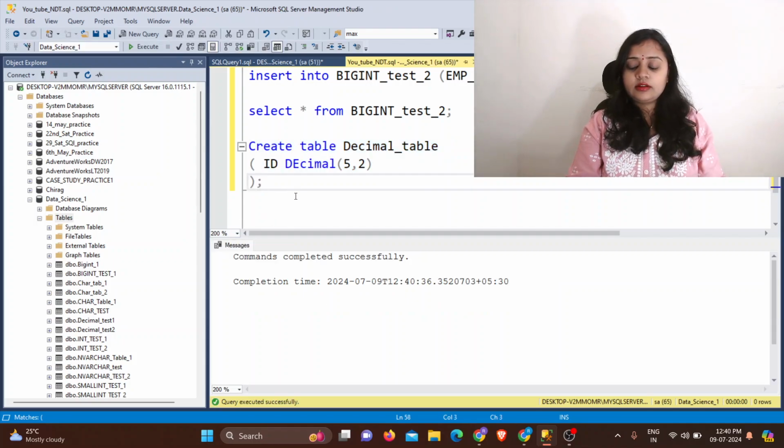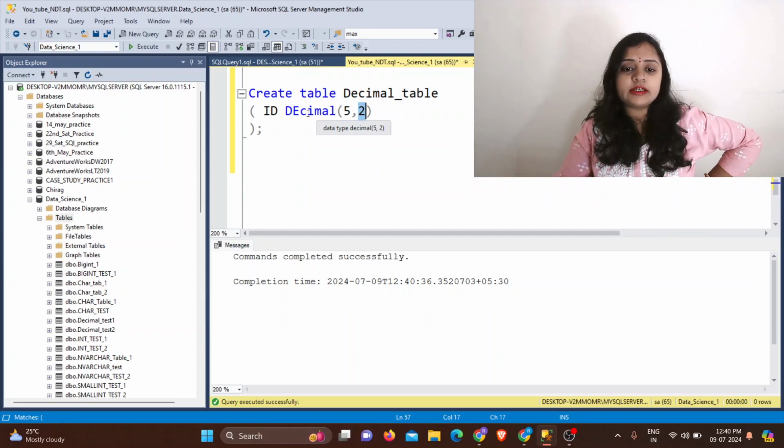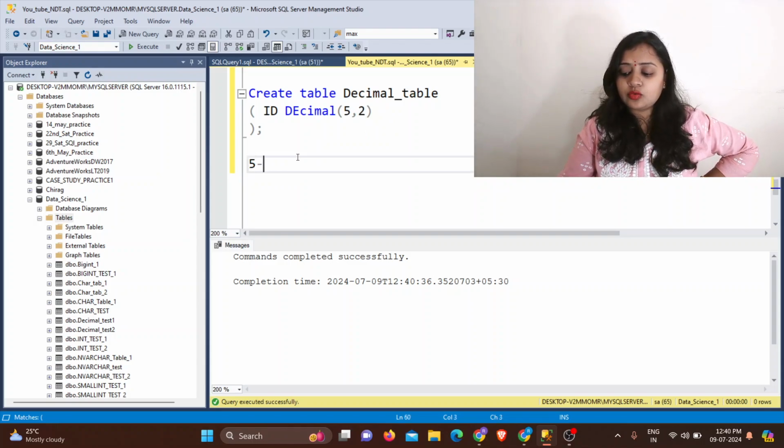Now I just want to tell you guys one thing, that here you have given the 5 and 2. These two numbers mean, whatever decimal data type you have given, there you have given the range of 5 and 2. As you know, 5 minus 2 is equal to 3.